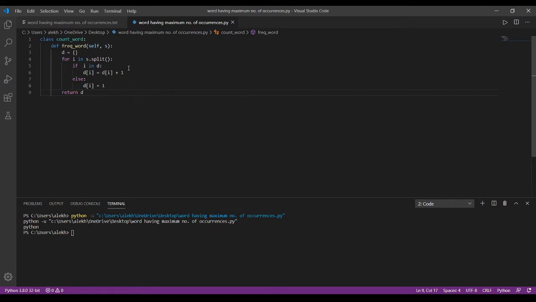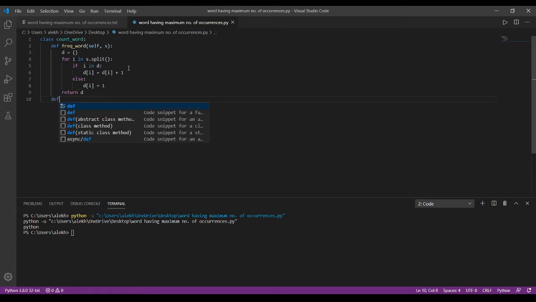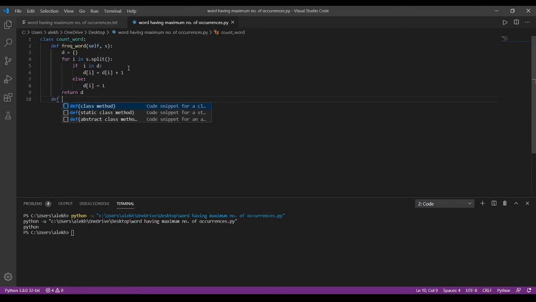the dictionary. Let's create another method which finds the word which is repeated the most number of times, that is max underscore word. It takes self and it must take a dictionary, so we are using d, or you can use another variable called dict, as it is predefined.